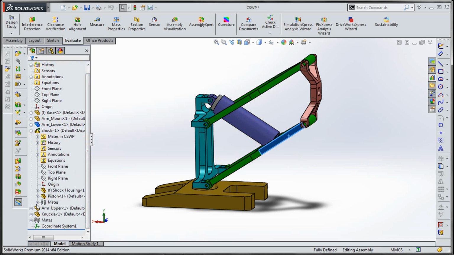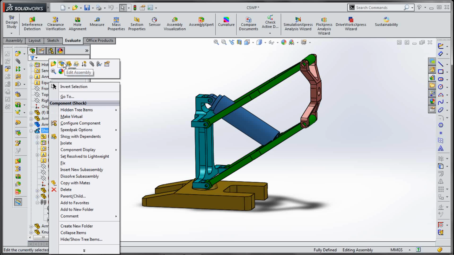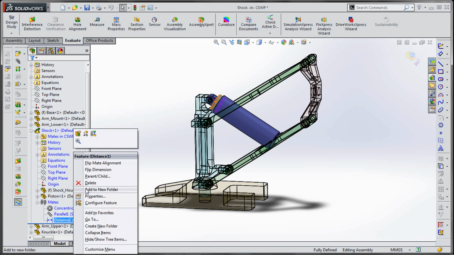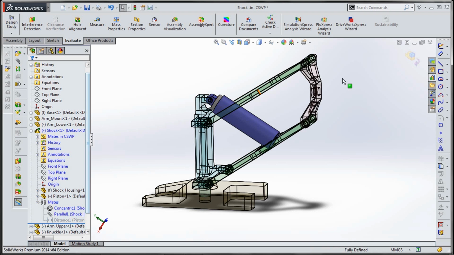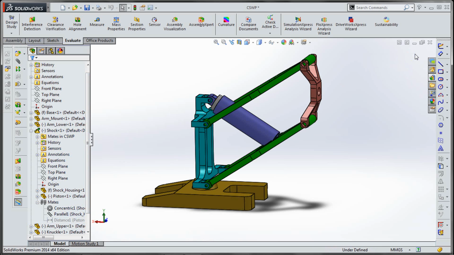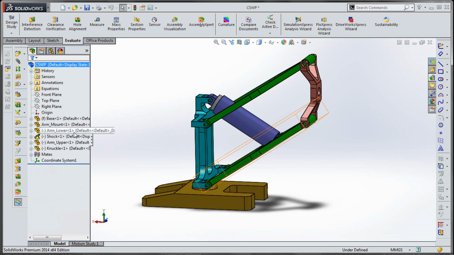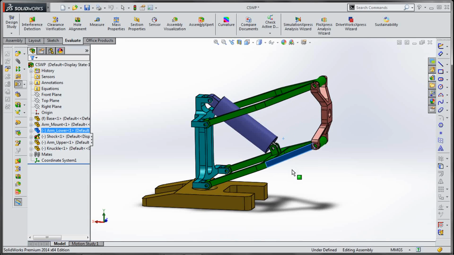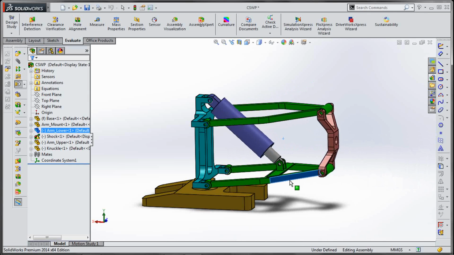So we have to suppress, okay, at the subassembly, and suppress this mate, and now you can see we have some moving parts.